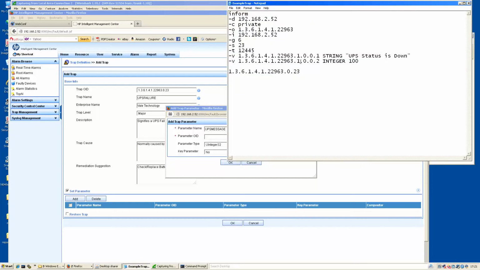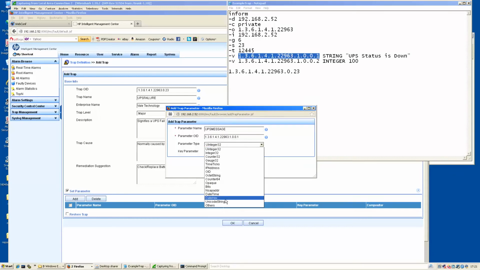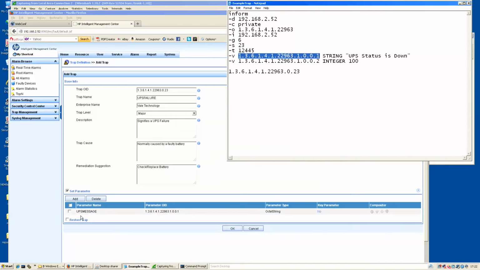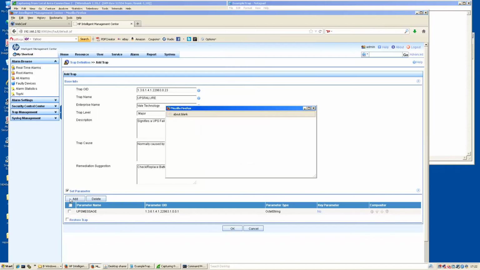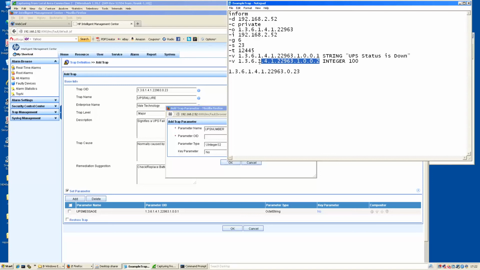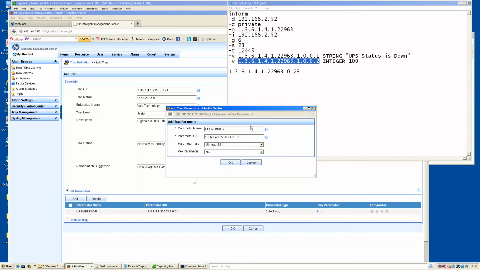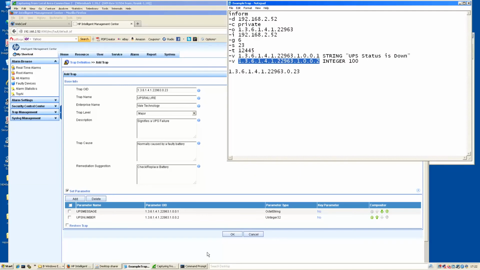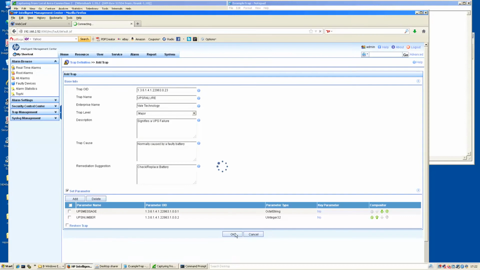and I'm going to pick up this var bind number here. Click on octet string, click OK, and then I'm going to add the second parameter. I'm going to call this UPS number. Second number, which is this one here. It's an integer, so that's fine, and I click OK on that. Click OK,